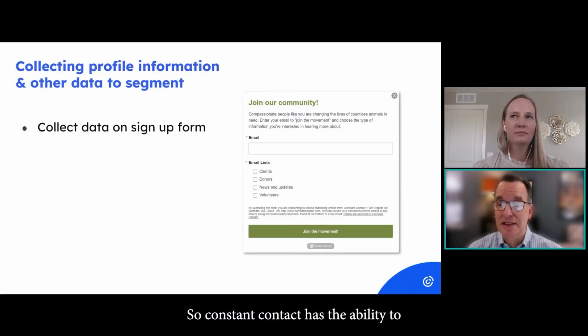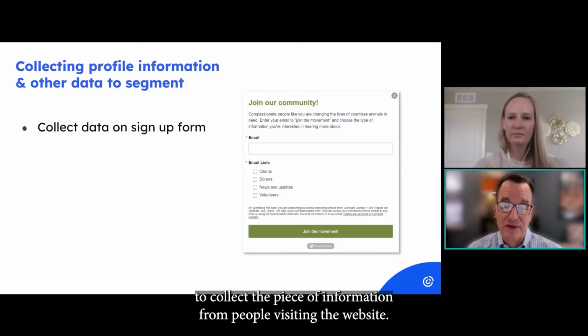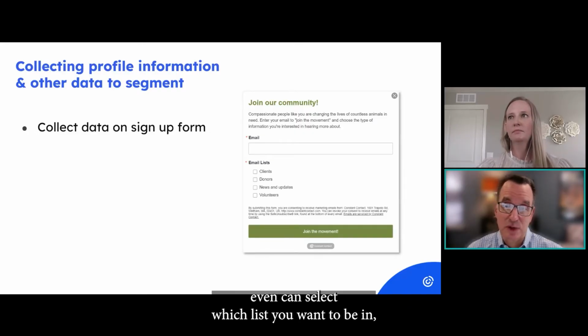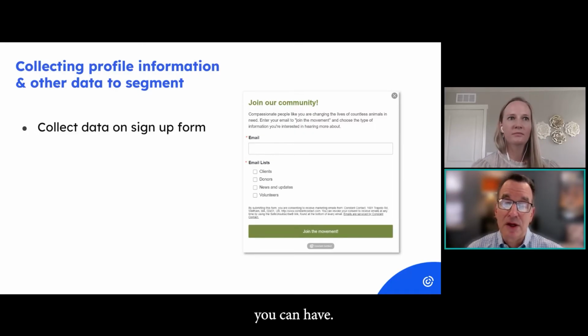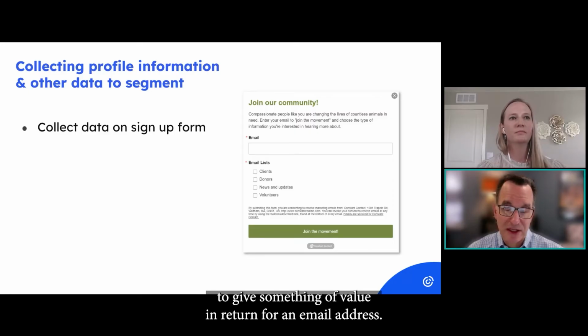So Constant Contact has the ability to create tools that allow you to collect a piece of information from people visiting your website. It could be a pop-up, like appears right here, and the person even can select which list they want to be in. You can have, so when they're signing up, and I always encourage people to give something of value in return